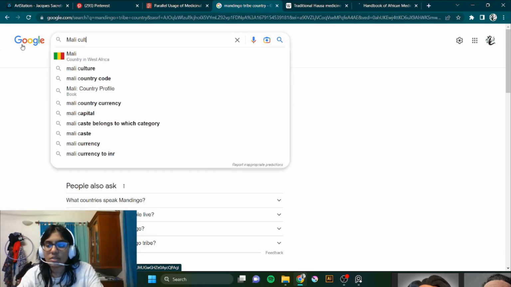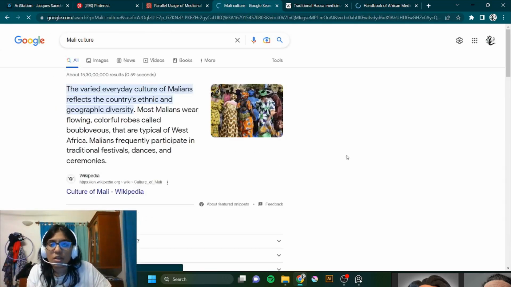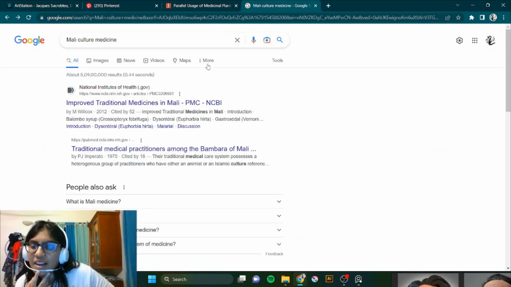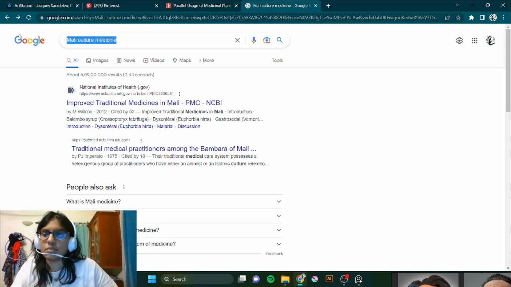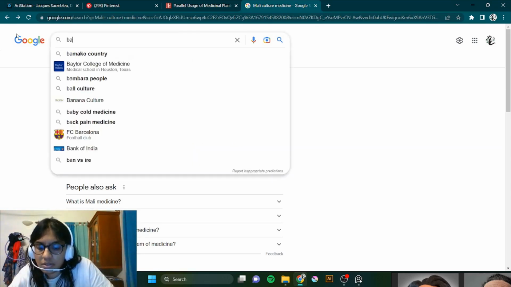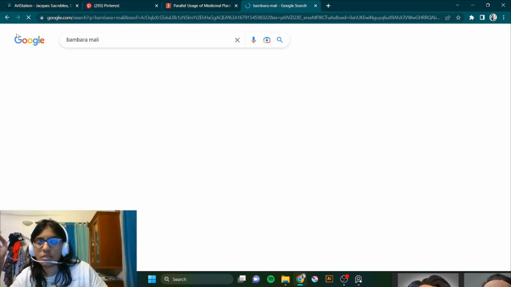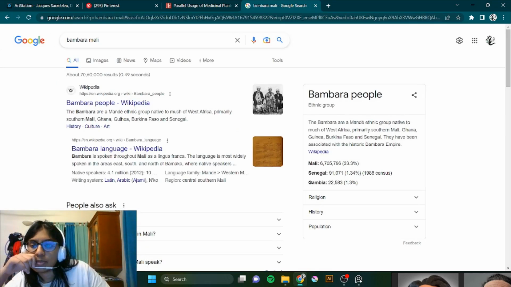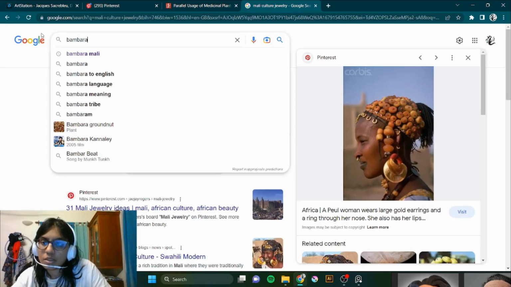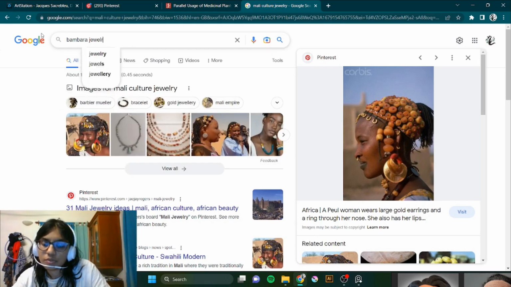Mali culture, Malians. Bambara of Mali. Okay, Bambara. Bambara people, Mande ethnic group native to much of West Africa. Okay, let me look up Bambara jewelry.